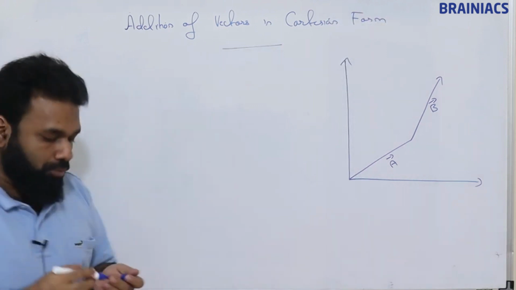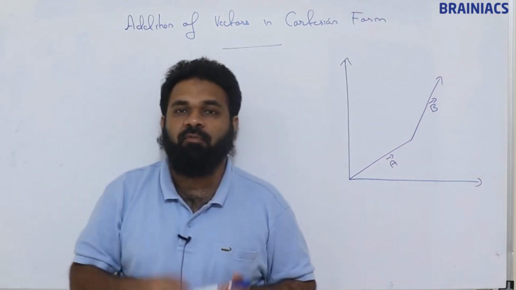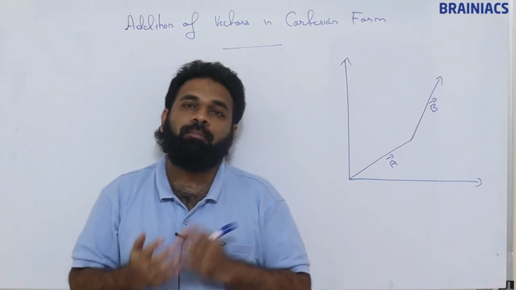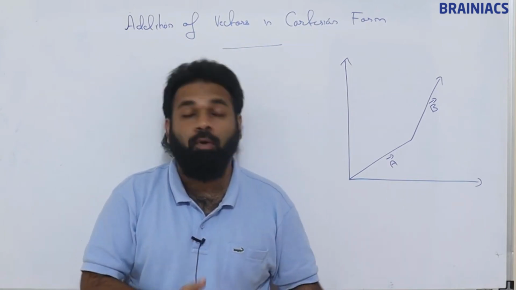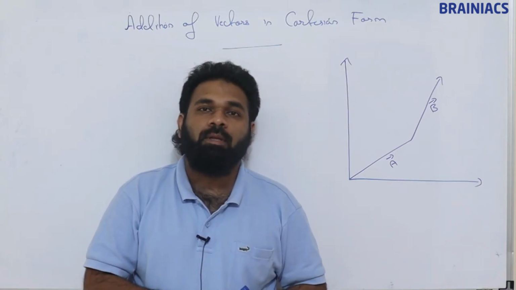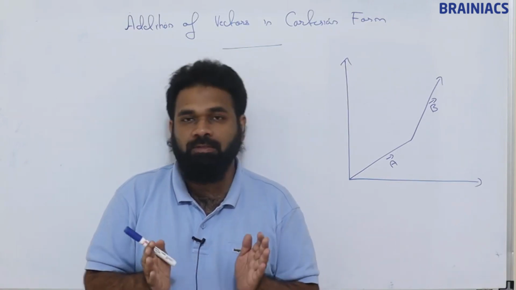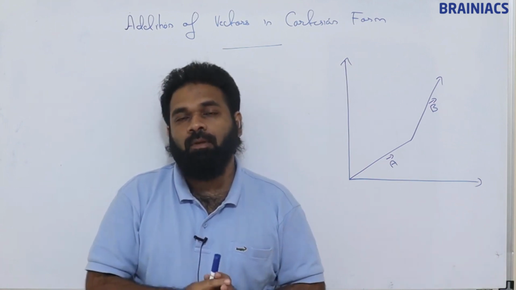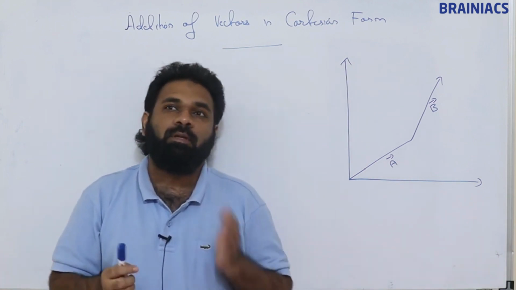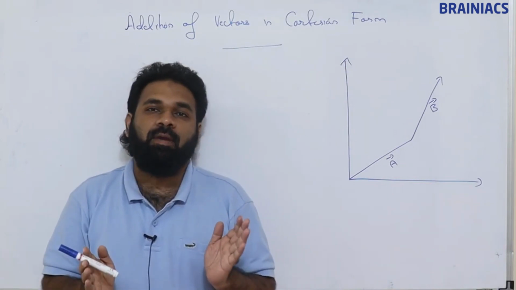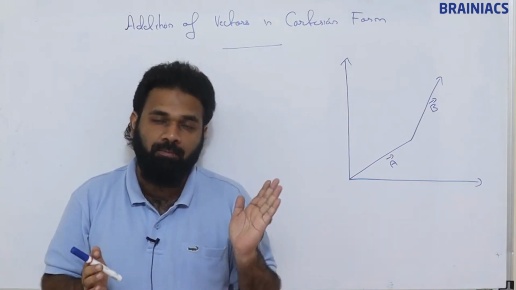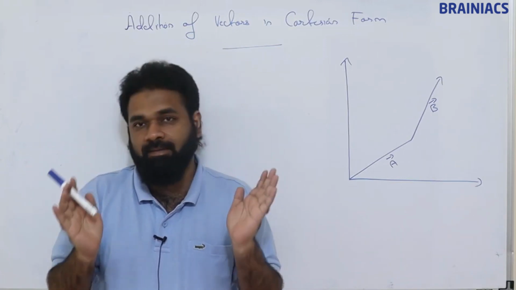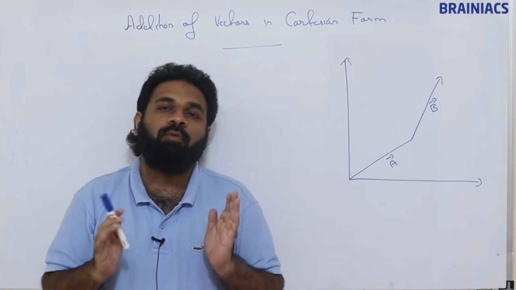So how to add vectors graphically using the triangle law, parallelogram law, then polygon law, we have seen. Then when we get two vectors acting at some angle, how to find the resultant? If two vectors are acting at some angle and two magnitudes are available, we know how to find the resultant by